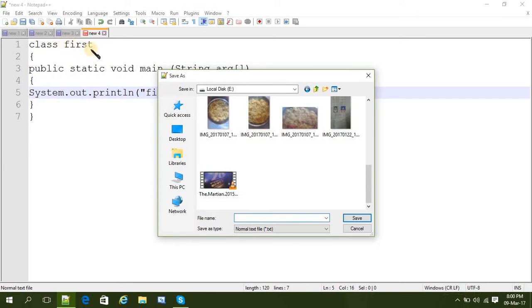The class name is First, so I have to write First.java, don't forget the .java extension, and save it. I am going to make a new folder for Java tutorials.